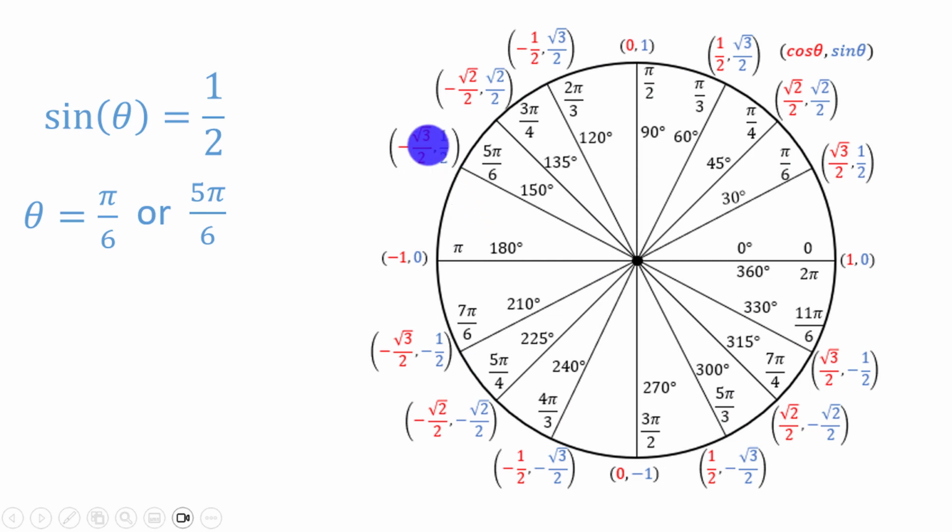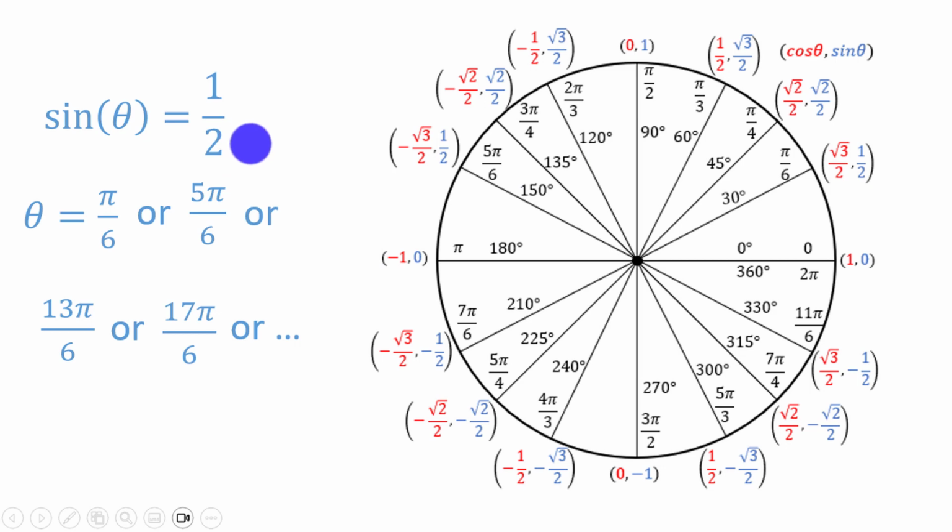But we don't even have to restrict this to one revolution of the circle. We could go around a second time. So after one revolution through the circle, we would be at 2 pi radians, or you could think of that as 12 pi/6. So that means that 13 pi/6 would be coterminal with pi/6 and would also give us a value on the unit circle of 1/2. Or the value over here, coterminal with 5 pi/6. This would be 18 pi/6, or one less than that, 17 pi/6, and this could just go on forever. There are actually an infinite number of different angles theta that could give us a y-coordinate on the unit circle